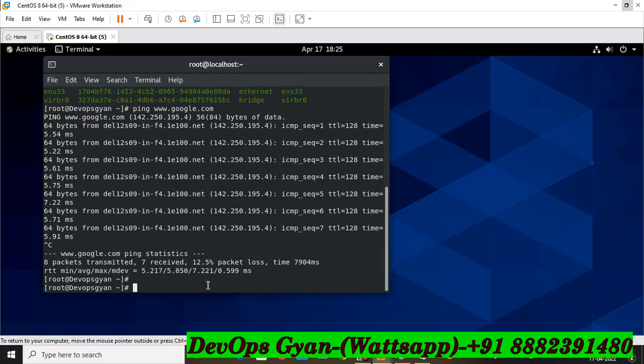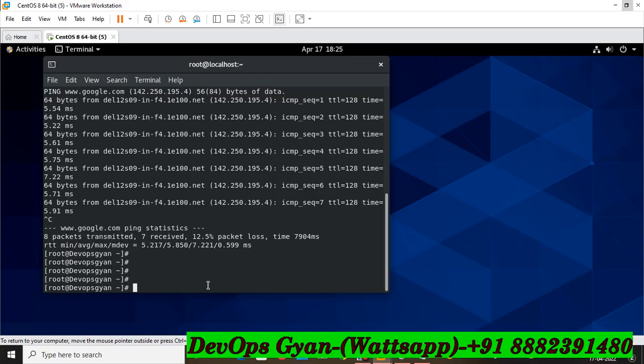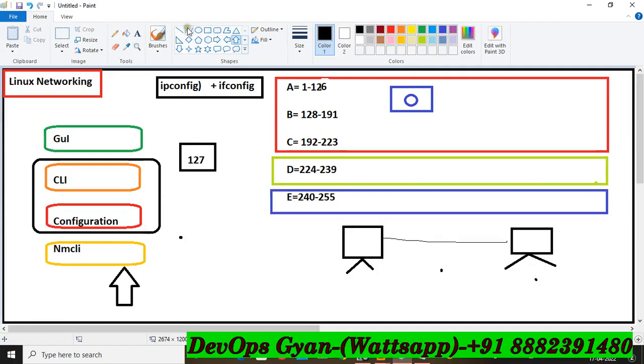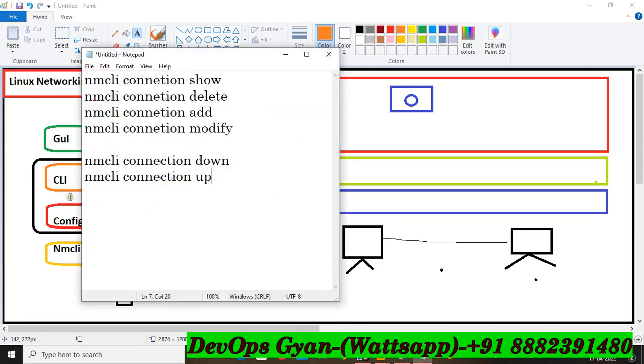So I'm going to remove this. And friends, now if you want to go in the etc file, let's see another example, this configuration file. Go in the main configuration file, and you can also change the connection name. How? Let's see. The main configuration file location I'm going to write here so you can easily understand. How can you go in the configuration file? Use the cat command, slash etc, slash sysconfig,